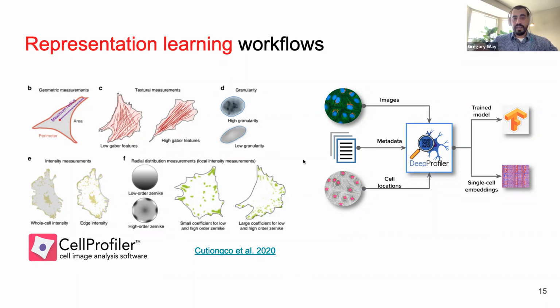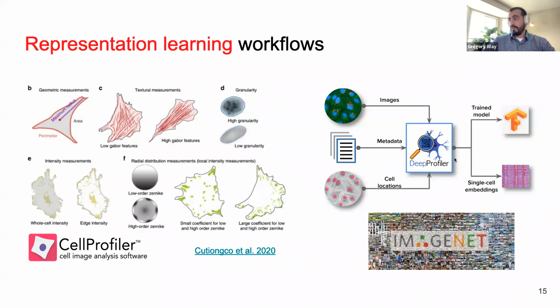This is where you can get really creative because you can train models using different data sets, and you can have different approaches and different architectures. But most often, we use a pre-trained ImageNet model in the context of Deep Profiler to derive representations. And so ImageNet is a...